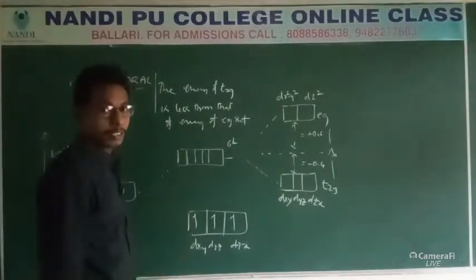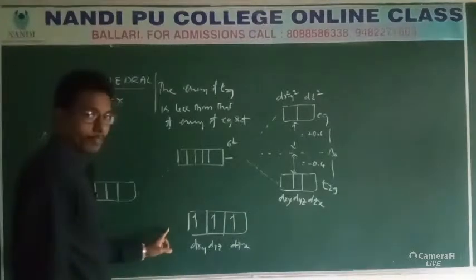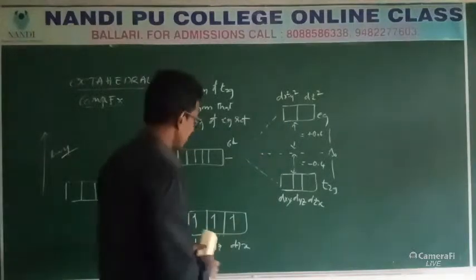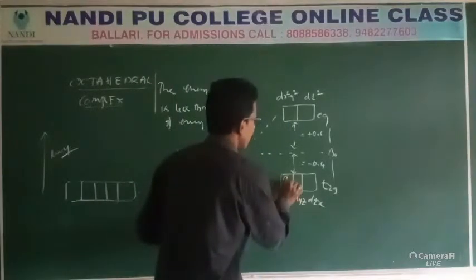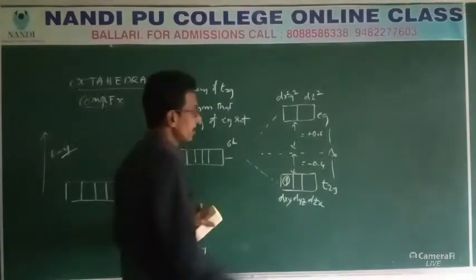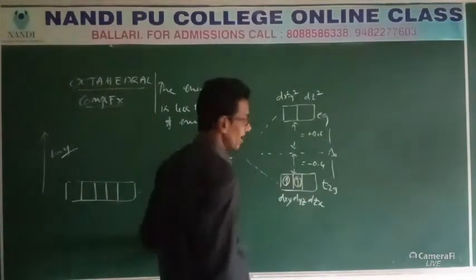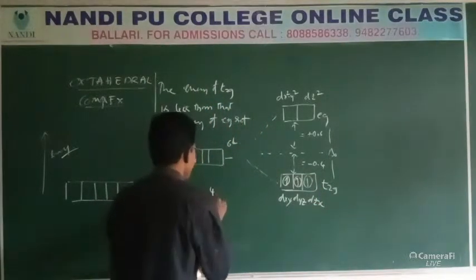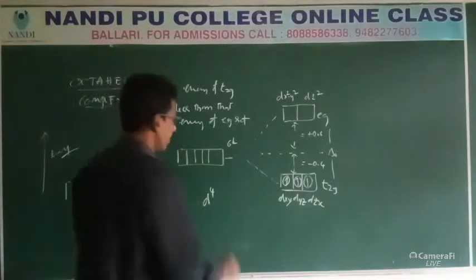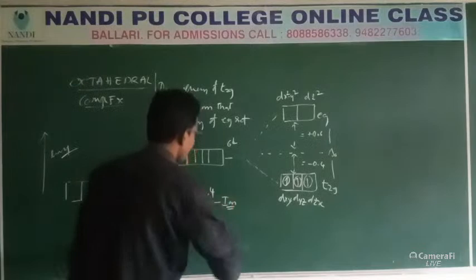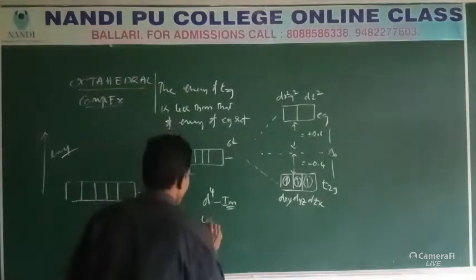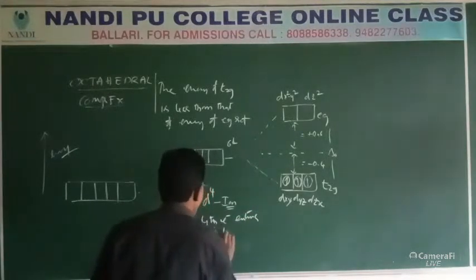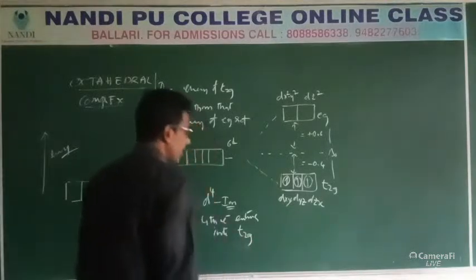What about the fourth electron? Here there are two probabilities: the fourth electron enters into either T2G or EG. Again, repeat, children: first electron T2G, because of less energy. Second electron also T2G, third electron also T2G orbital. What about d4? Suppose the complex has a d4 configuration, a d4 ion. If d4, there are two probabilities for the fourth electron: it enters into a T2G orbital